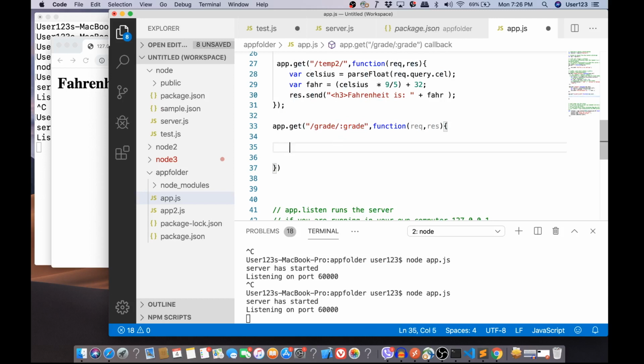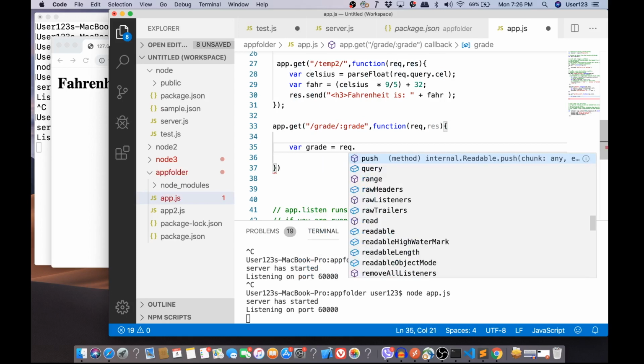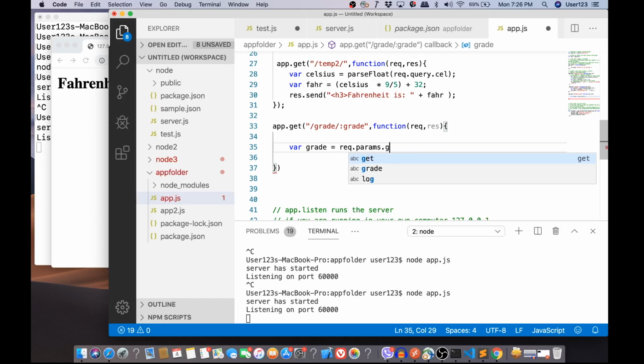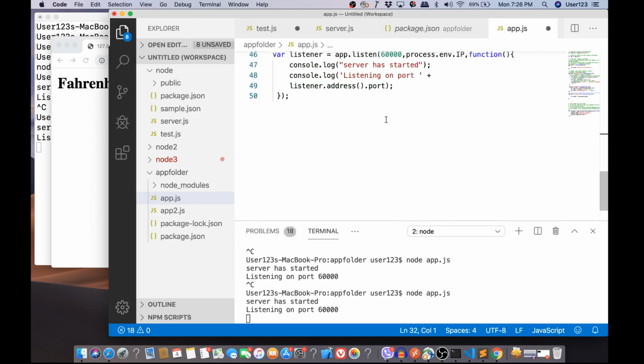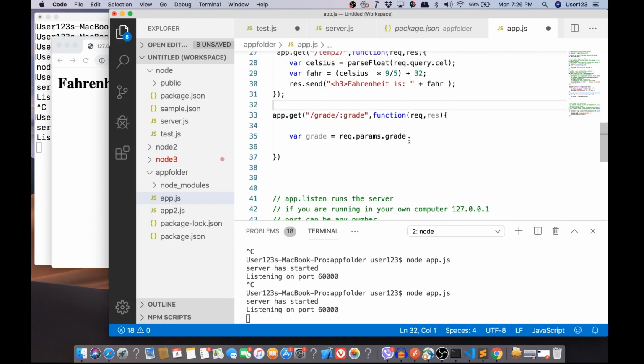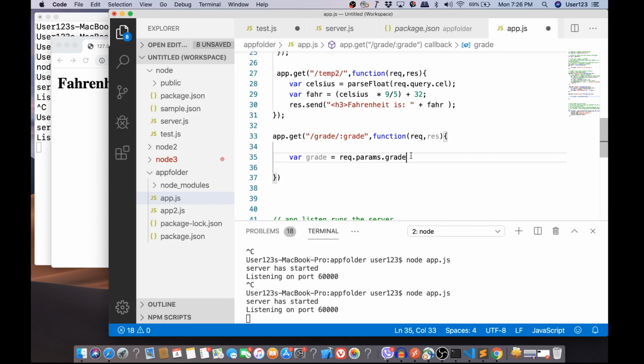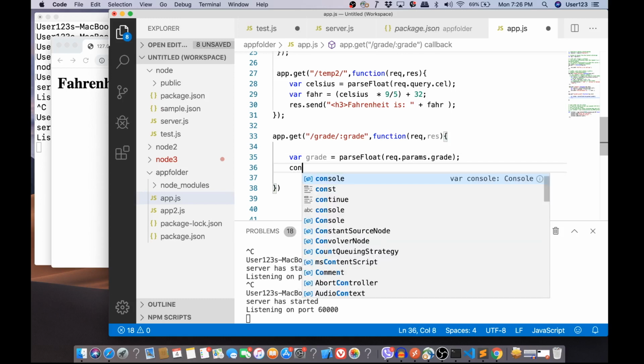So how would you do that? var grade is equal to req.params.grade, because that's how you read it. Is that correct? Yeah. Double check the syntax. Now, class, I do recommend, as you're learning, to console.log everything so that you can understand your code very well. So, console.log